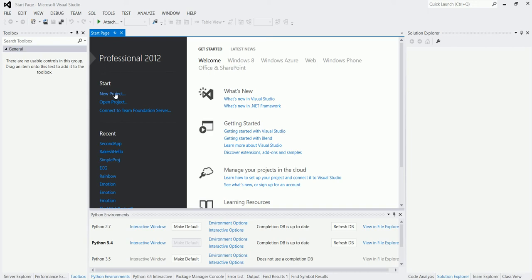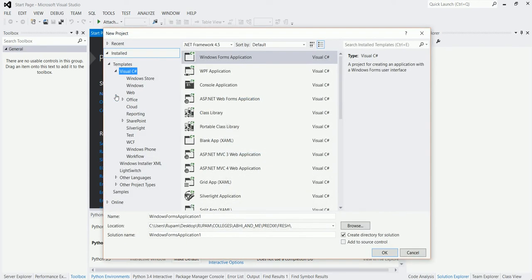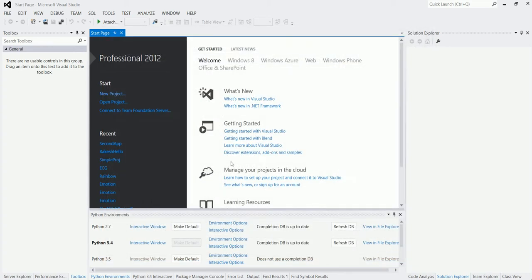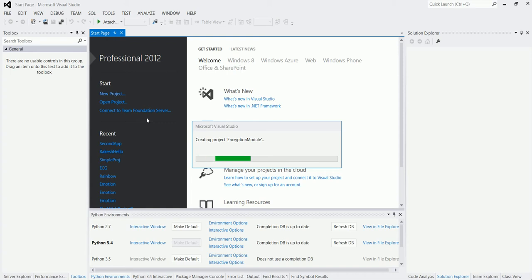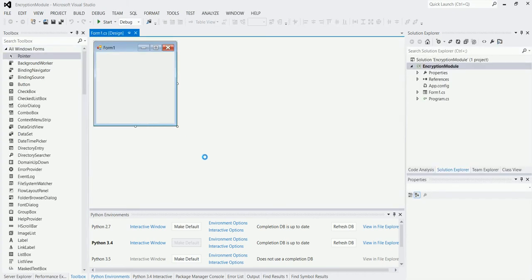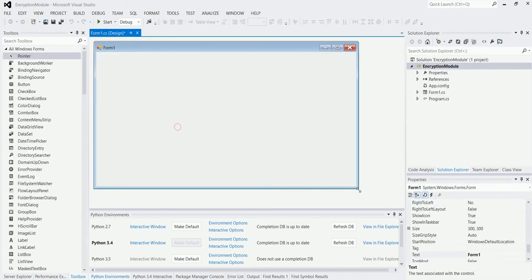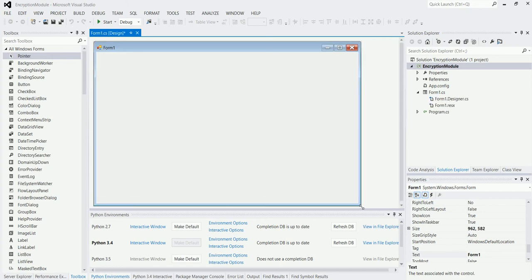So we'll take a new project. We'll try to see how to perform simple encryptions in .NET, how to work with the files and directories in .NET, and so on and so on. Okay. So let's say encryption model. Now, one of the very common things may be to know the list of the files